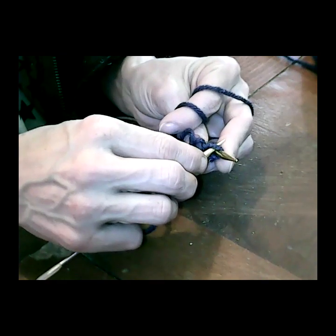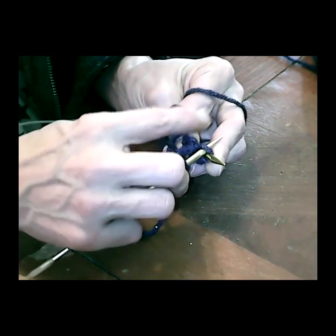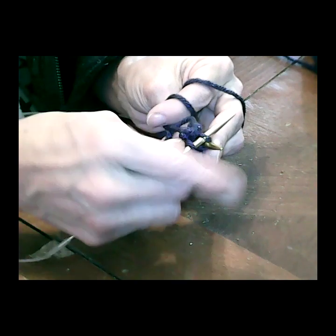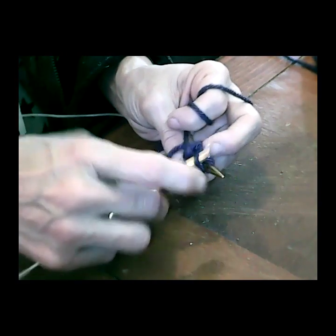Figured out what I did wrong. I was trying to do it as a knitting stitch instead of the purl stitch. So make sure don't do like I just did. Make sure your working yarn is in the front of the work, not behind it. So now that I've got my yarn positioned where it's supposed to be,